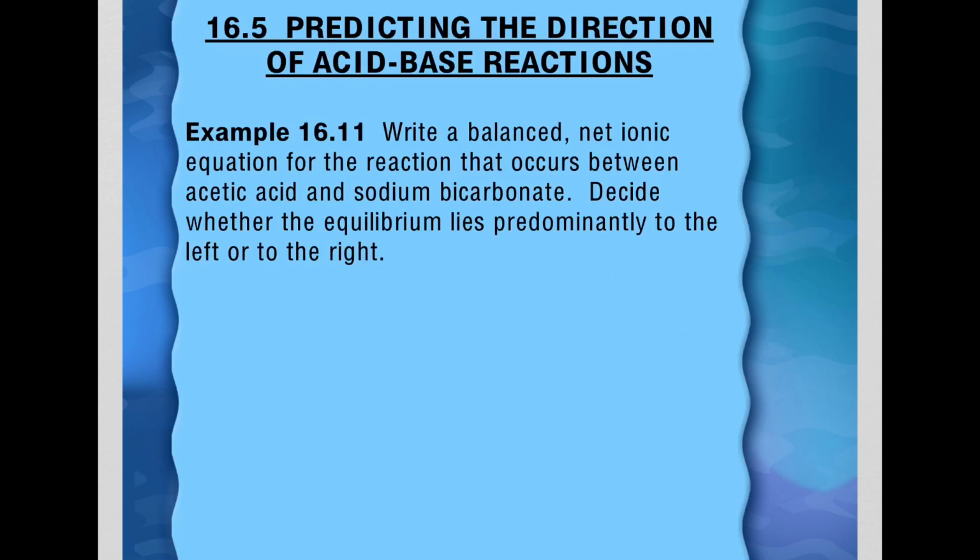If we look at section 16.11, it says write a balanced net ionic equation for the reaction that occurs between acetic acid and sodium bicarbonate. So let's start with that part first. So acetic acid would be HC2H3O2. And we're reacting that with sodium bicarbonate. And we would get two products. We would get sodium acetate,